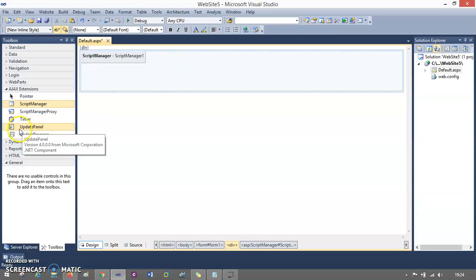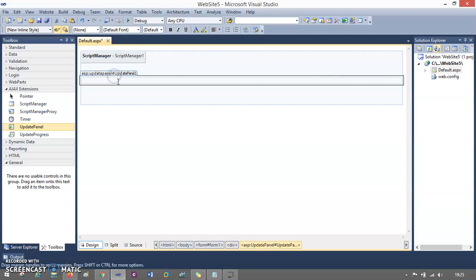The second thing is I'm going to build some design, but before building the design I am going to use this update panel, and in a few minutes I'll tell you what this update panel is going to do. So I'll say here,